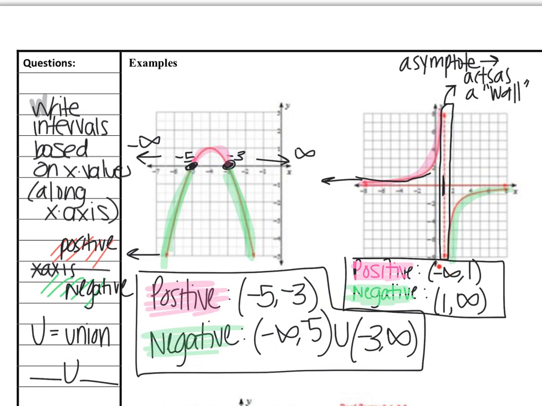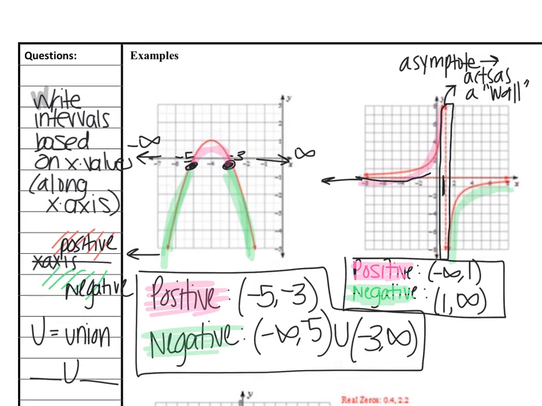Start at negative infinity on the far left, go until I hit that asymptote at 1, the wall, the barrier, however you want to call it, but the real math word is asymptote. Hit the asymptote at 1, and then I notice that the negative picks up at 1, right where I left off, and goes till infinity. So you should never have gaps in your numbers. They should always pick up where the other one left off. And sometimes it could be positive picking up here with positive, where it left off because maybe, I don't know, you're above the